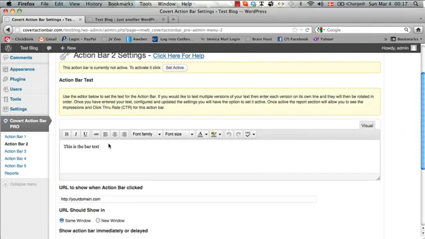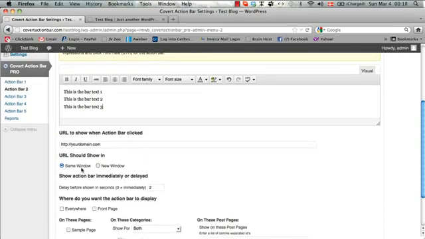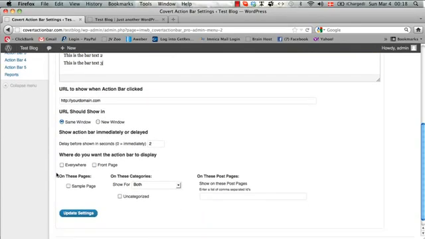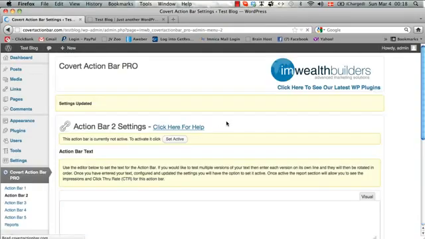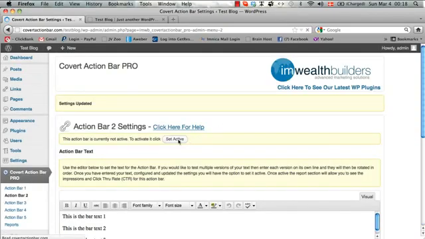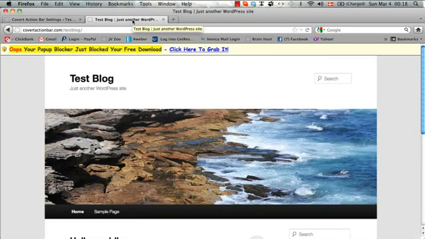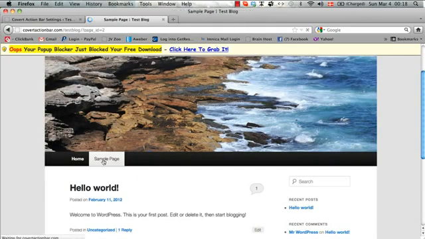So just to make this quick, I'll do some cut and paste here and say this is bar text number 1, bar text number 2, and bar text number 3. And I'm all happy with this. And let's show this one on the sample page and just hit Update Settings and set it to active. Now what this does is, this is a sample page. If we go to the sample page,